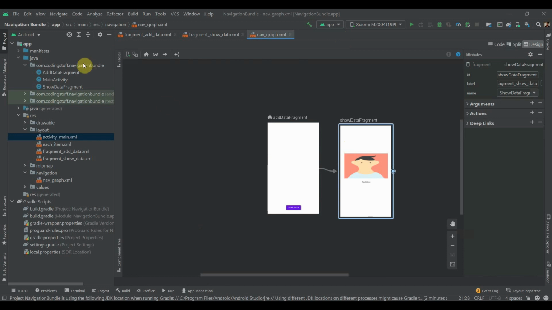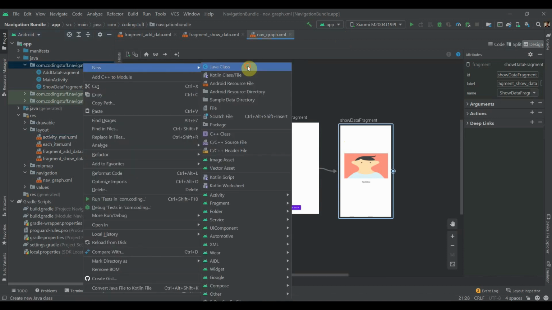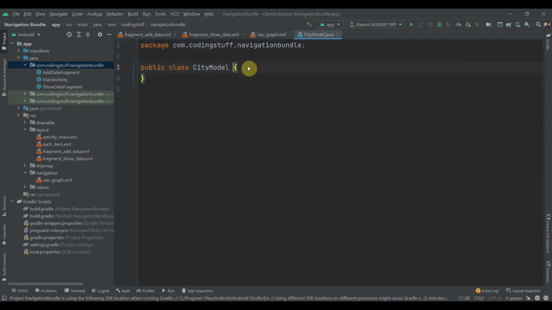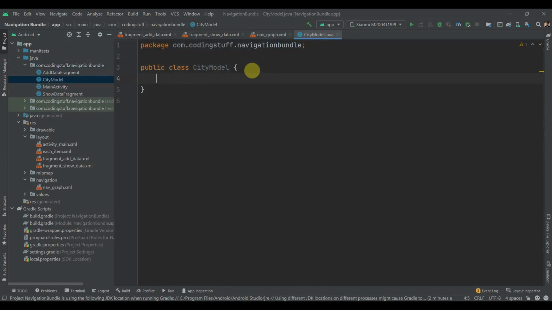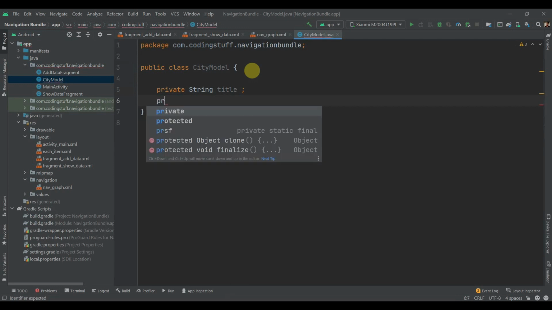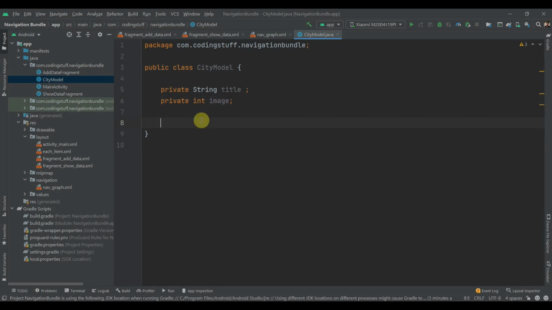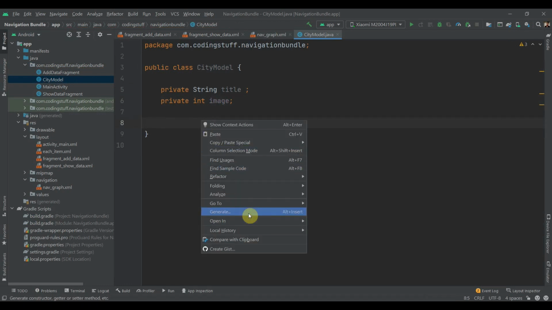Now what we need to do, we need to create one model class. So click on the package new, and let's name it as a city model. Inside this we'll have one string of title and one int of the images. So let me name it as image, and right click on generate.